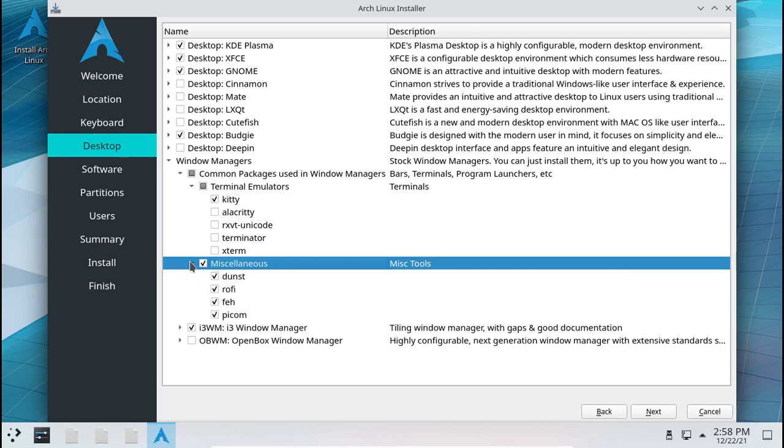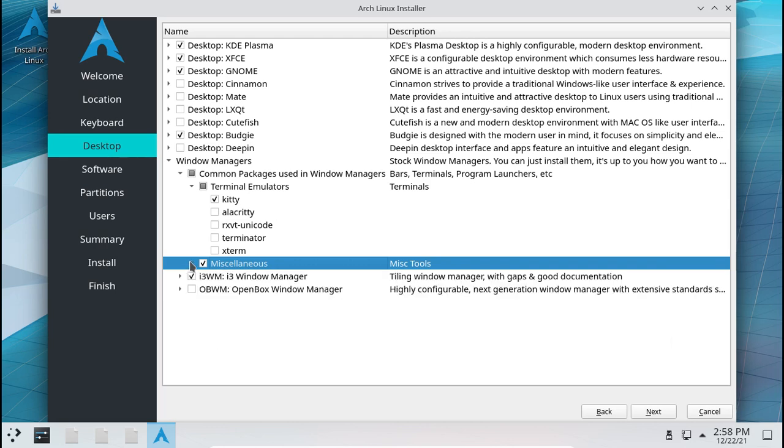So not a lot of stuff here, but enough for you to get started with either of the stuff provided here. You have Cutefish also, for example. So I think this is going to be Cutefish 0.5. I think that's the latest one. So the installation time is going to depend on the amount of stuff you select here, and if you select everything, it's obviously going to take longer. So you have to take the internet speed into consideration.